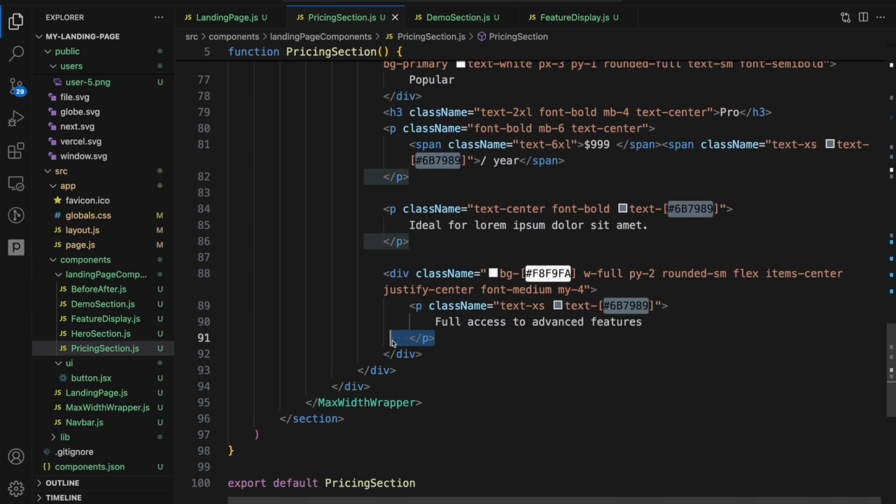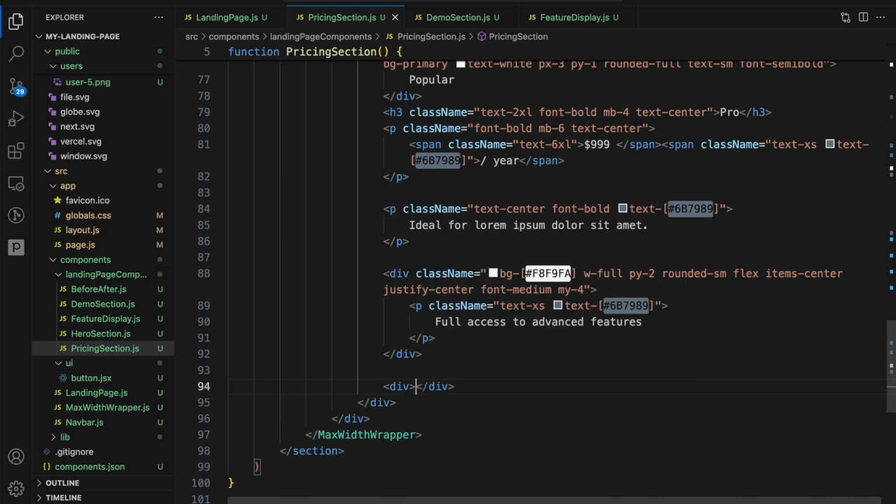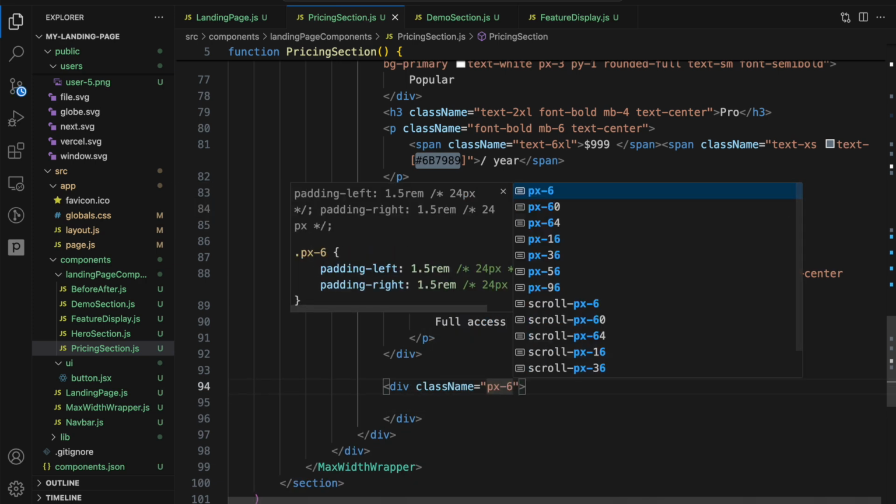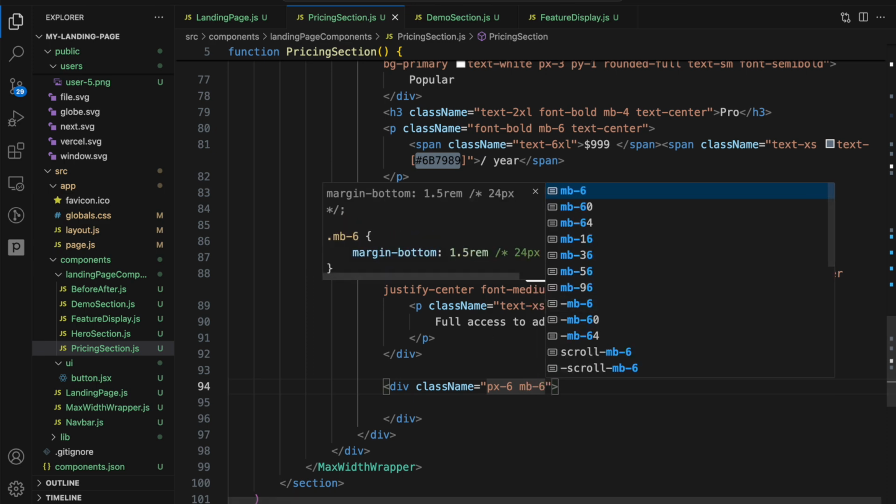And after this closing p tag, closing div,